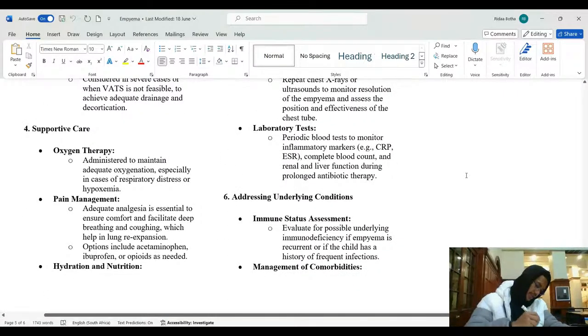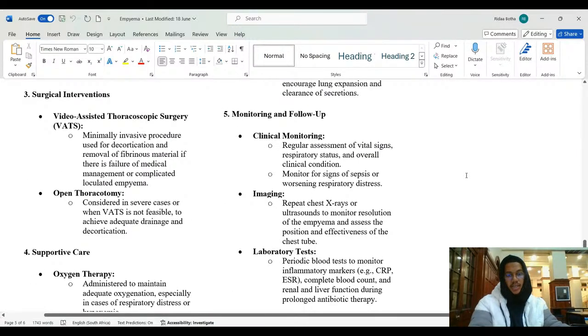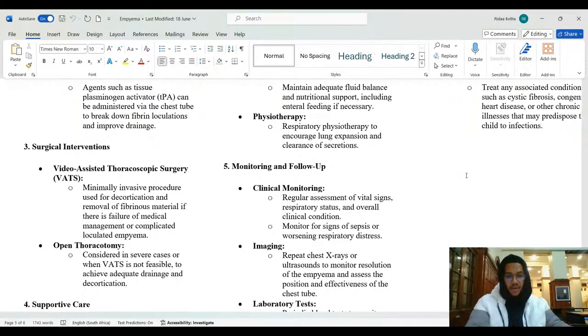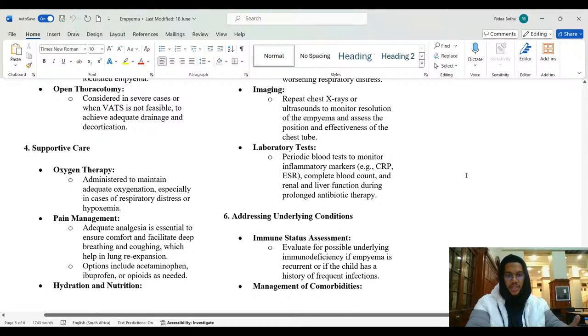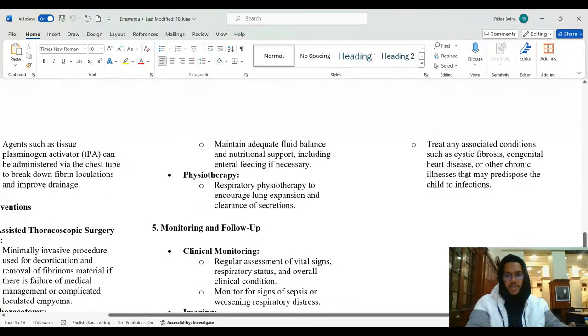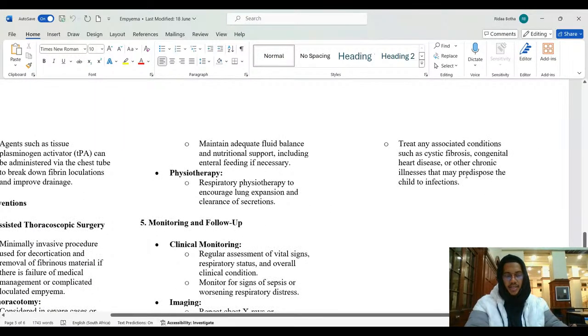Supportive care: oxygen is essential, analgesia as well as hydration plus nutrition is really important, and also some physio. Regular monitoring with imaging, chest X-rays, bloods, and immune status, and manage any comorbidities such as cystic fibrosis or any other chronic illness, malignancies or